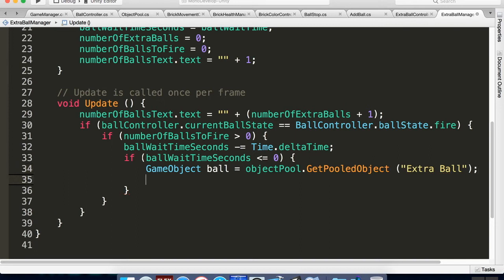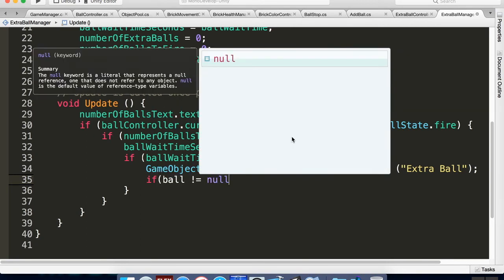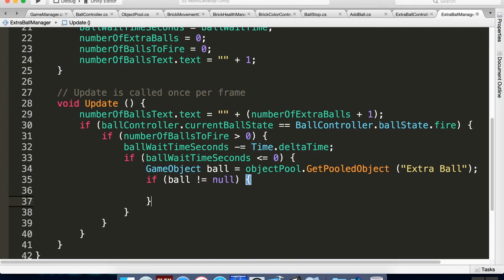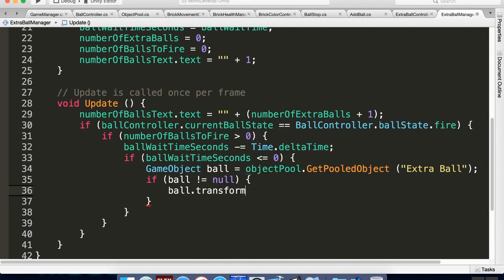So I'm going to call an extra ball from there, and I'm going to say if ball is not equal to null, meaning if it exists, then I'm going to do ball.transform.position is equal to